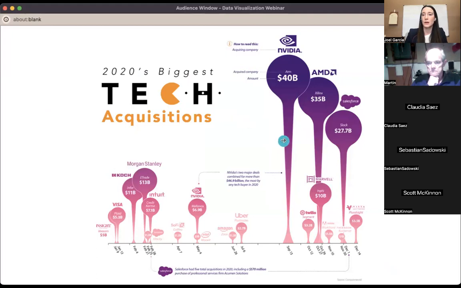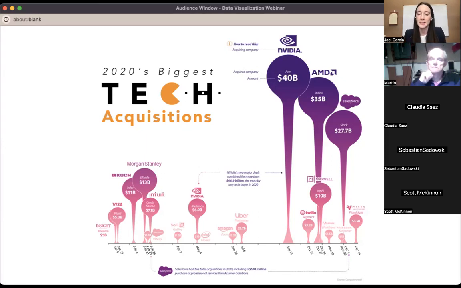So if you can see here, we have some really good examples of different data visualization charts that we pulled. These are online. For example, this is 2020's biggest tech acquisitions. And we wanted to just show you how easily this information is absorbed, right? This is a visual. This is actually a lot of data that was pulled together to create this chart, but you as the viewer, you're not seeing that. All you're seeing is the quick answers to your question that you're looking for very easily within this data